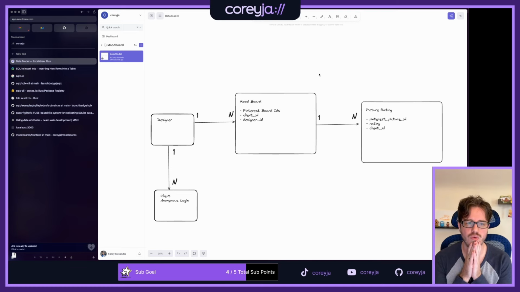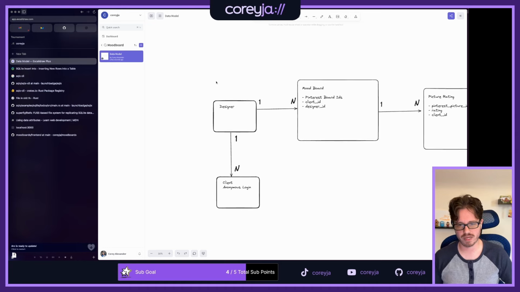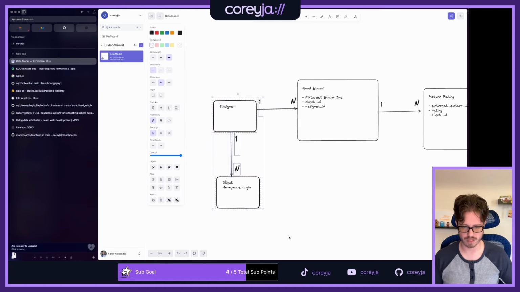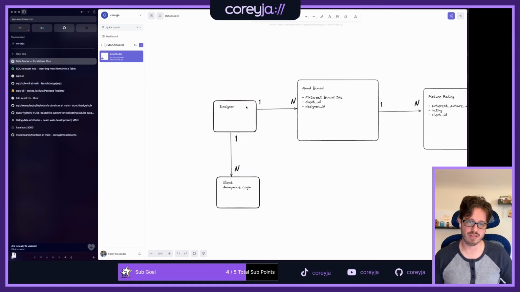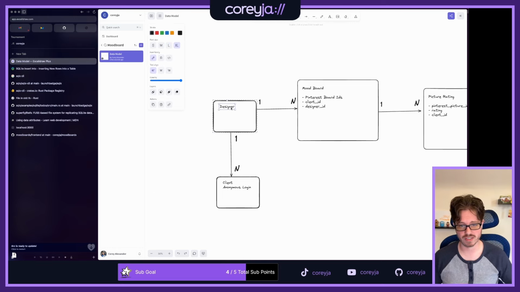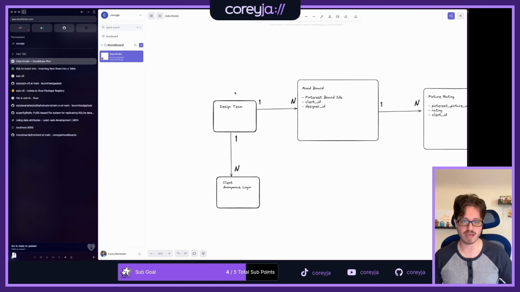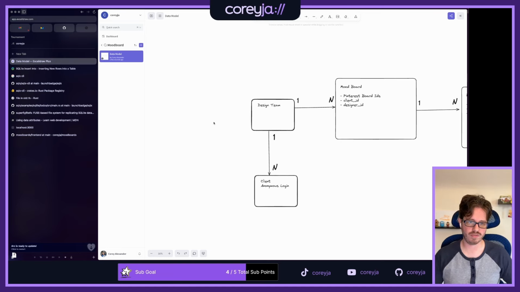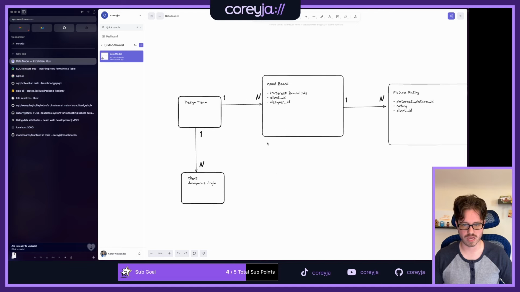Okay, so the people aspect, this part, I'm not sure about yet. Designers might want a design team. There might be a design team. Maybe this is just design team. Maybe that's even the easy way to do this. And there might be multiple designers branched off of this. Design teams have clients. Yeah, that works for me. And then a client, actually probably,